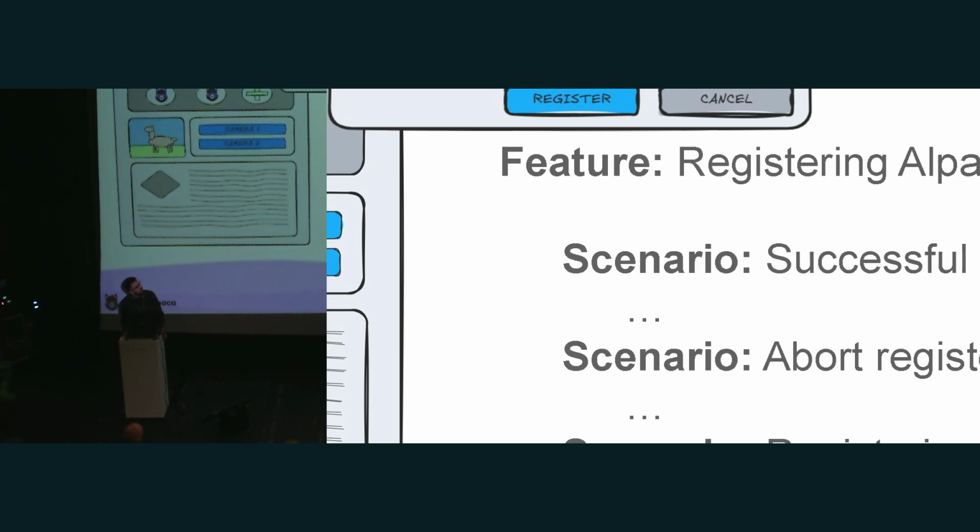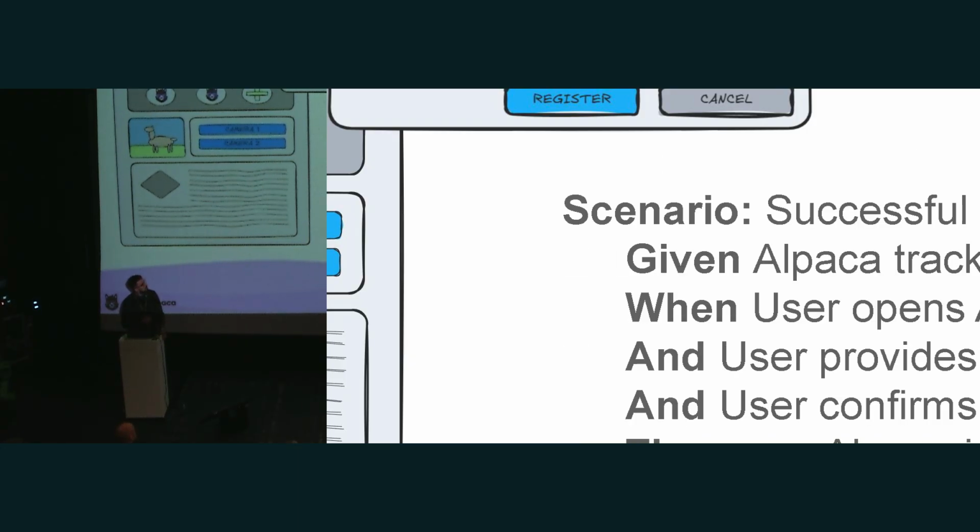Right. So first, I decided that I want to tackle a feature of registering Alpaca. So for this feature, I can define multiple different scenarios, like successful registration, aborting registration, or registering multiple alpacas at once. The first one could look like this: successful registration. Given Alpaca tracker is running, that's our application, user opens Alpaca registration dialog,